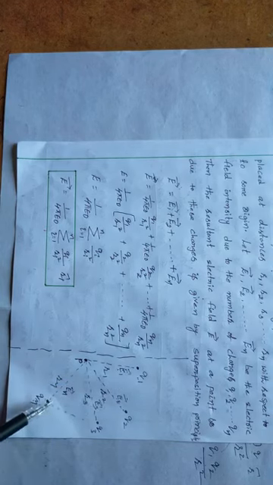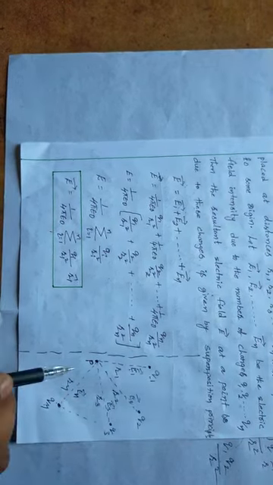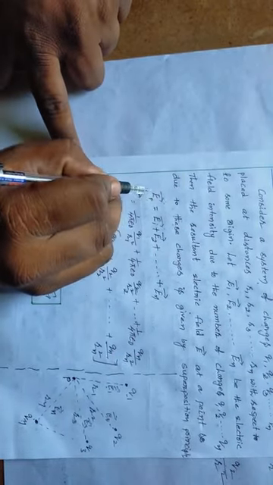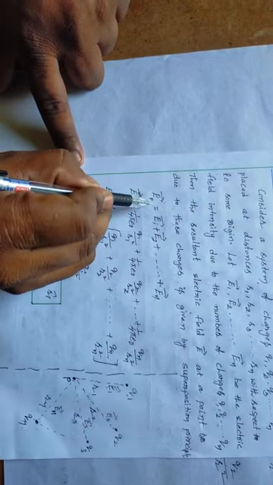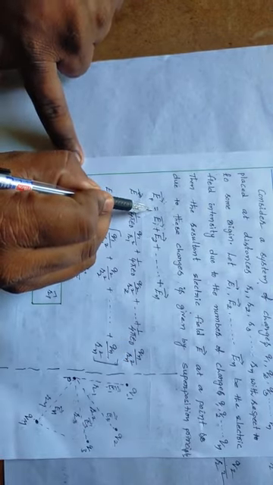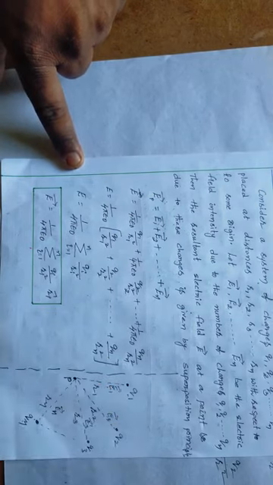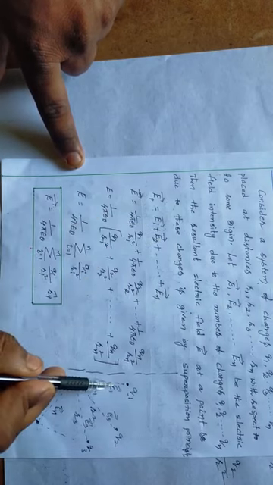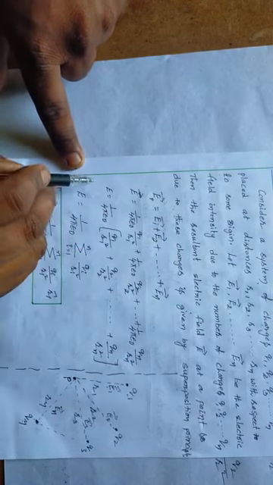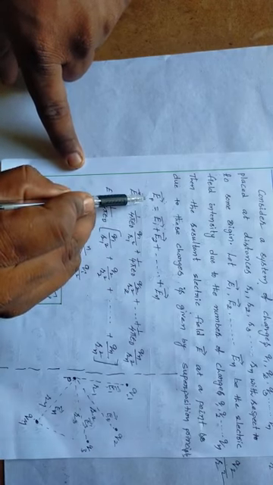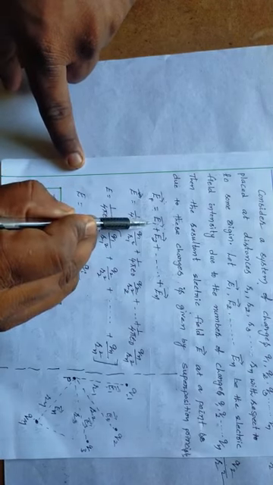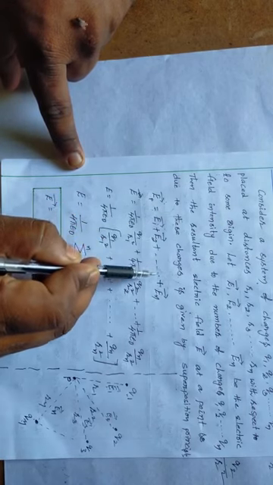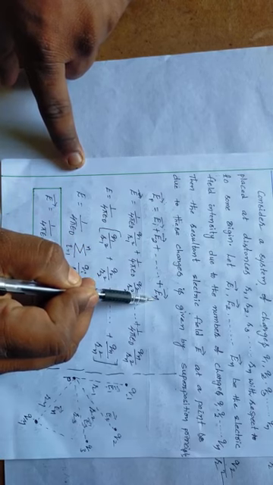So due to all these system of charges, what is the net electric field at point P? That means the total electric field at point P is equal to the sum of all the electric fields due to the individual charges. That means the vector sum of all the electric fields due to the individual charges. That means net electric field at point P is equal to E1 bar plus E2 bar plus E3 bar plus E4 bar, and so on, we can take it as En bar.